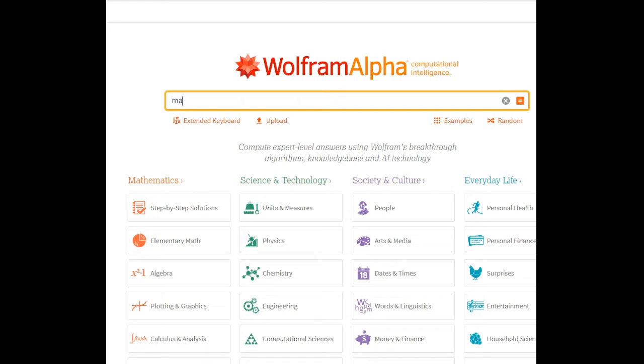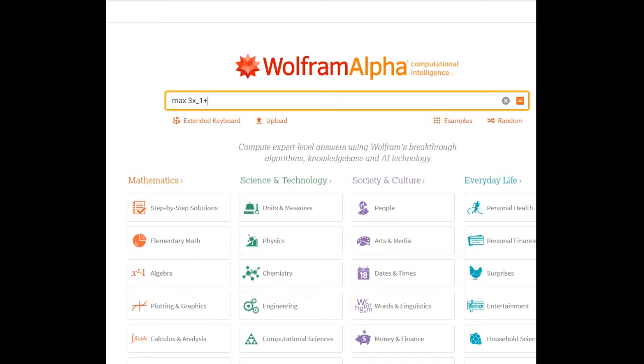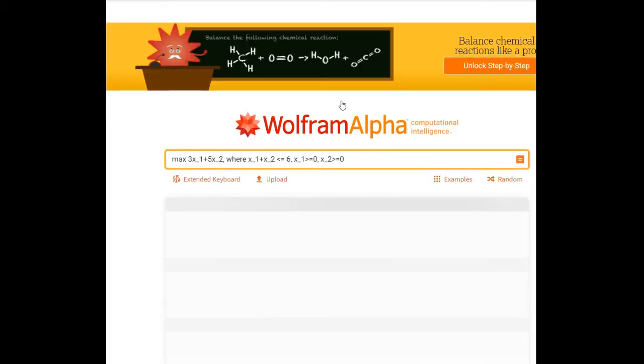So I can write max, for example, 3x1 plus 5x_2, where x1 plus x2 is less than or equal to 6, for example, and I can write x1 is larger or equal to 0 and x2 is larger or equal to 0. And if I press enter,